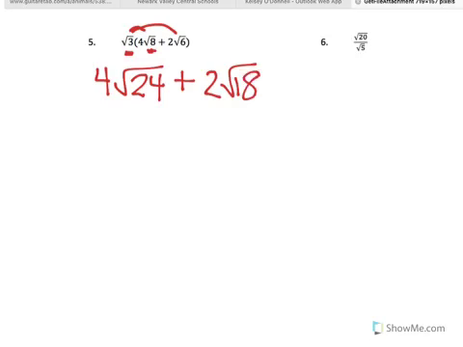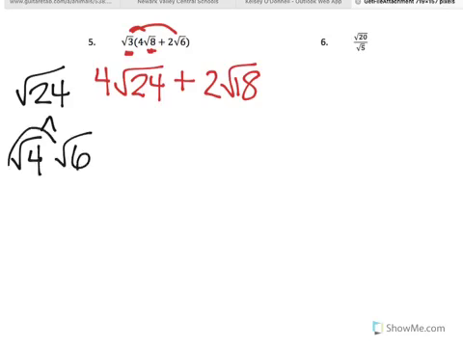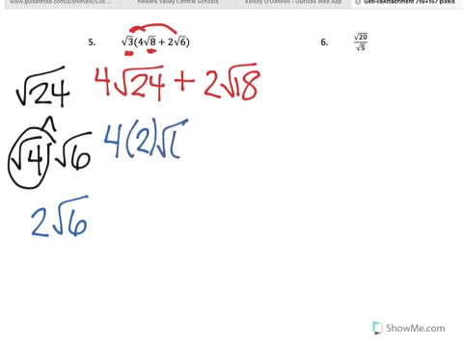And now radical 24 and radical 18 can both be simplified because they're not quite in simplest radical form. So we look at radical 24 first. That can be broken up by radical 4 and radical 6, 4 being the perfect square, and the square root of 4 is 2, so we have 2 radical 6 there. But remember that 4 needs to be brought down before we forget about it, so we have 4 times 2 radical 6 plus, let's write the 2 there first so we don't forget about that one,